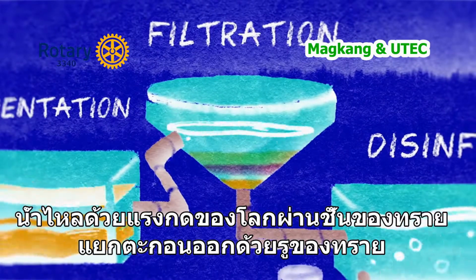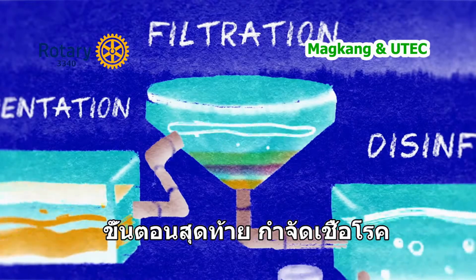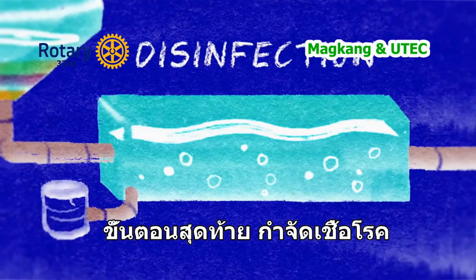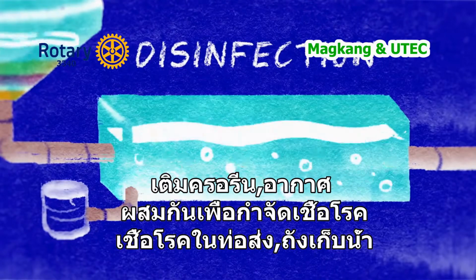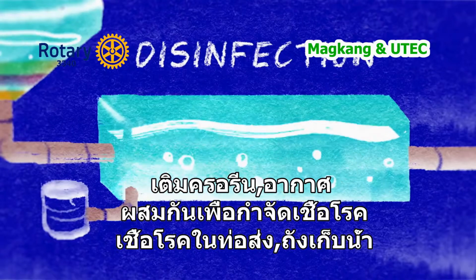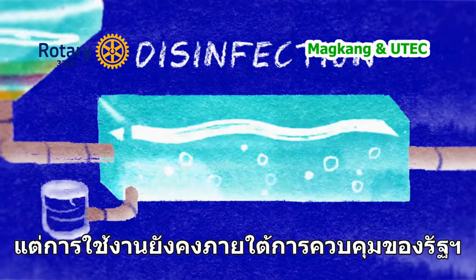Gravity pulls the water downward through layers of sand that catch leftover particles in their pores, prepping the water for its final treatment, a dose of disinfectant. Chemicals, primarily forms of chlorine and ozone, are mixed in to kill off any pathogens and to disinfect pipes and storage systems. Chlorine is highly effective in destroying water's living organisms, but its use remains government regulated because it has